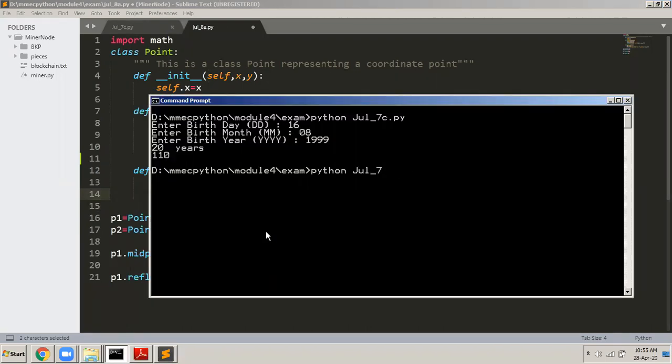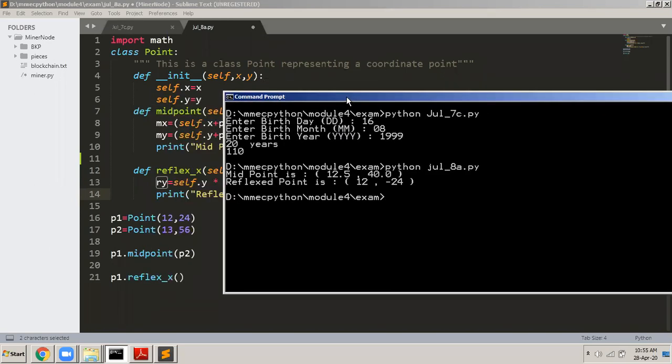Look at this program and we will see. So Python July 8A. Yeah, July 8A. This is the program. I will execute this, enter. So it is not reading anything because I have already declared. In the program, you can see that for P1, I have already set 12 and 24 as the x coordinate and the y coordinate. Similarly, for P2, 13 and 56 are already the x coordinate and y coordinate. I'm not reading anything. I've already put it into the program only. P1 is 12, 24 and P2 is 13, 56. Then after that, it will directly give me the midpoint of the 2 points.